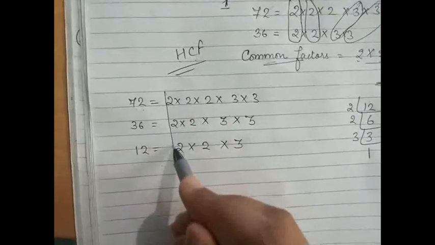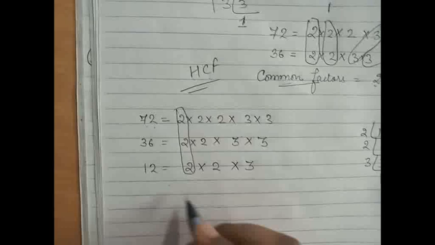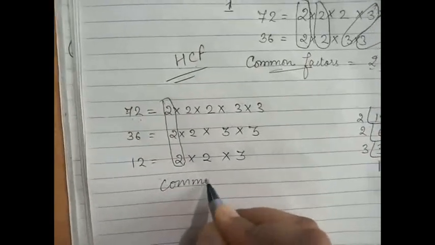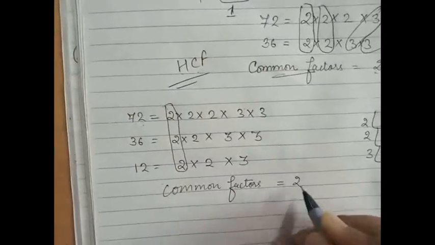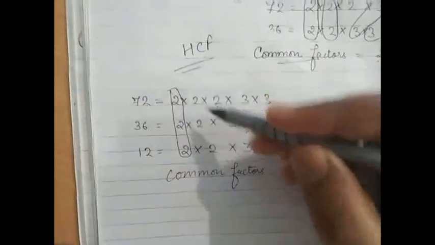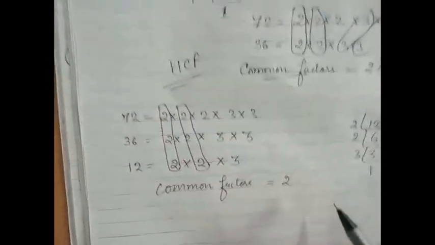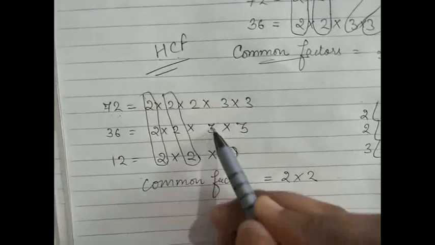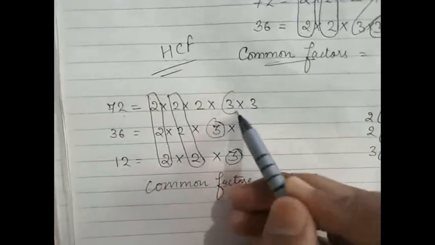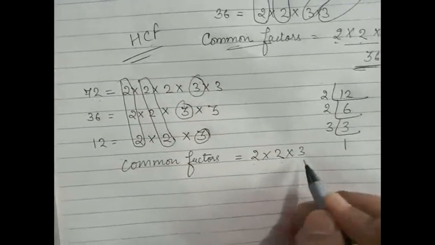You can see that 2 is common here. Okay, so this 2 will be a common factor. Then you can see that this 2 is also there, multiply 2. And here it is 1, 3, it is also 1, and here it is also 1. We can write 3, that is 2 multiply 2, 4, 3 fours are 12.